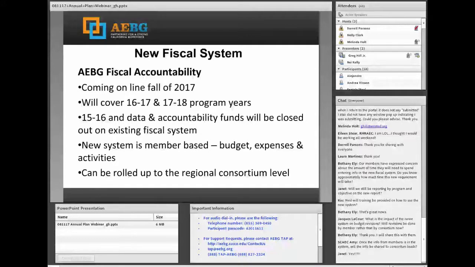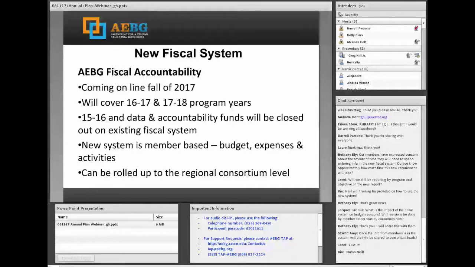Okay, and Jacques says, what is the impact of the new system on budget revisions? Will revisions be done by members rather than by consortia now? That's a good question, Jacques. We are asking in our focus groups if a revision should have some criteria, like if it's less than 15 or 20%, can the member approve it?